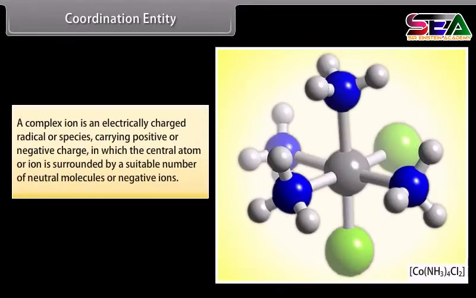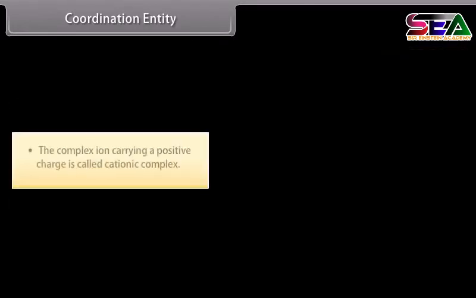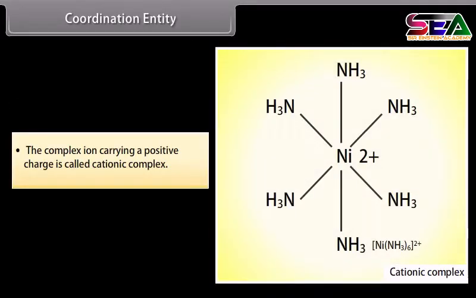Coordination entity. A complex ion is an electrically charged radical or species carrying positive or negative charge in which the central atom or ion is surrounded by a suitable number of neutral molecules or negative ions. For example, [Co(NH3)6]Cl2. The complex ion carrying a positive charge is called cationic complex. For example,